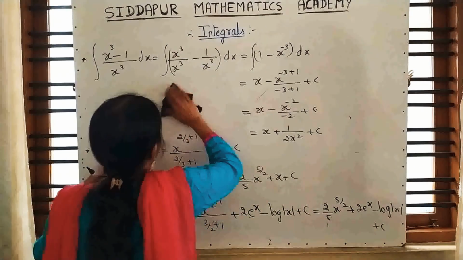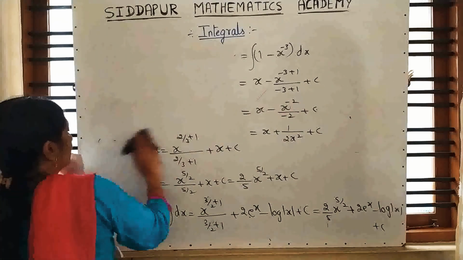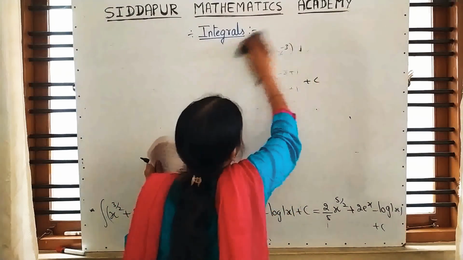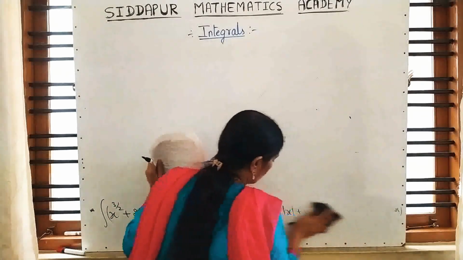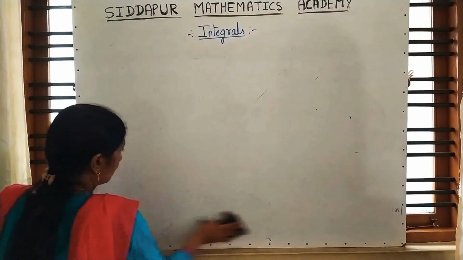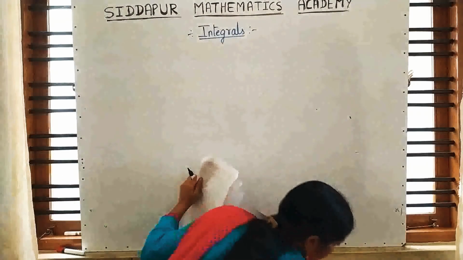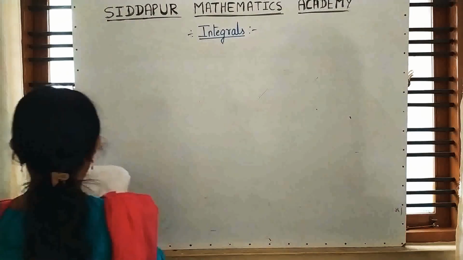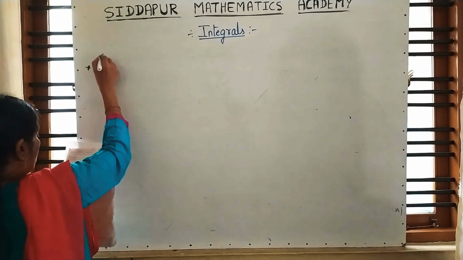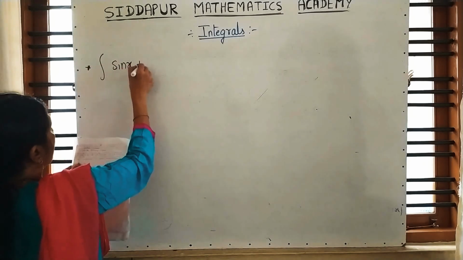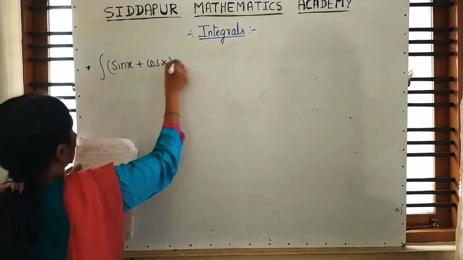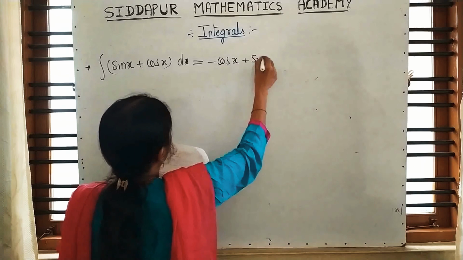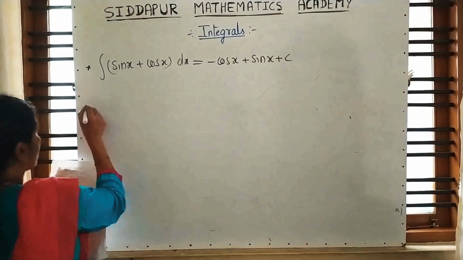The worked example. Integration of sin x plus cos x. Integration of sin x is minus cos x. Integration of cos x is sin x, plus c. Next,